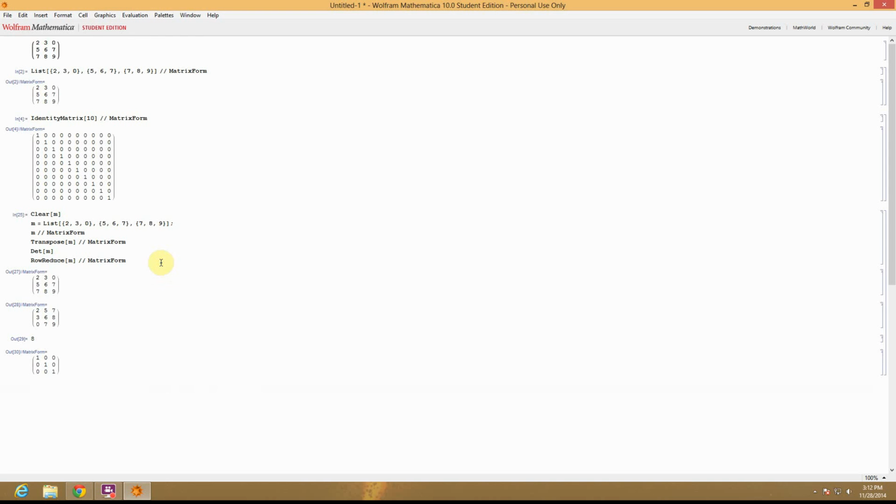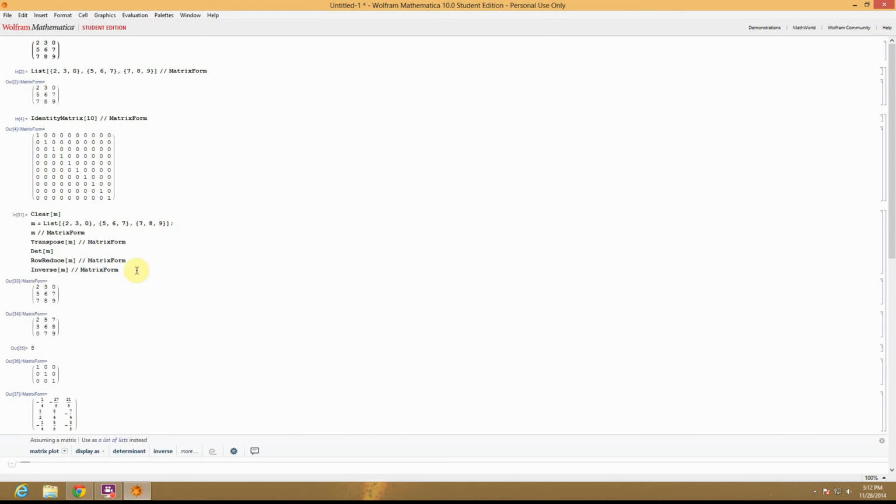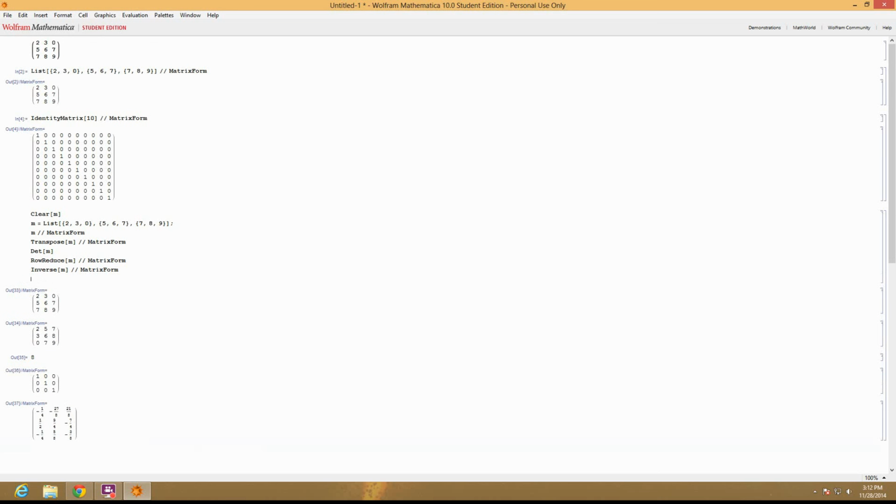If you wanted to find the inverse of the matrix, most of the things in Mathematica are not hard. It's just knowing what the commands are. There's our inverse. And let's say we wanted to check that, which we can actually do. Remember, you can find an inverse using the Gauss-Jordan method. So how do we do that? Well,